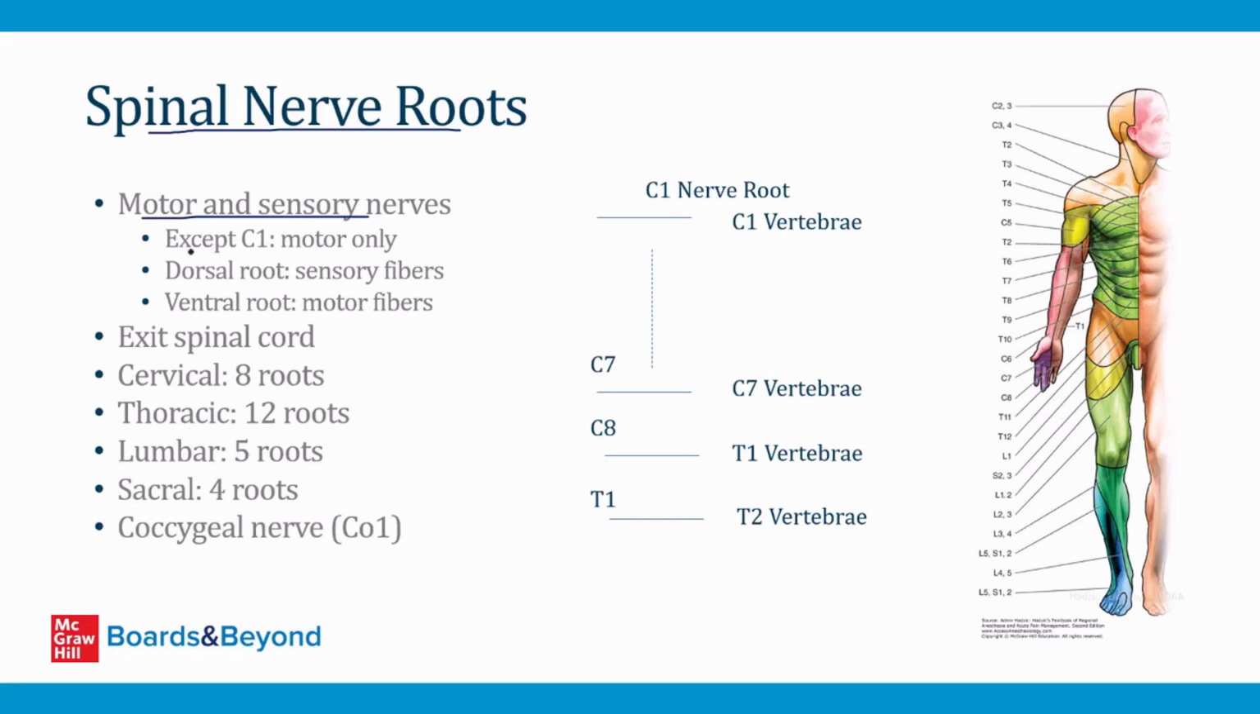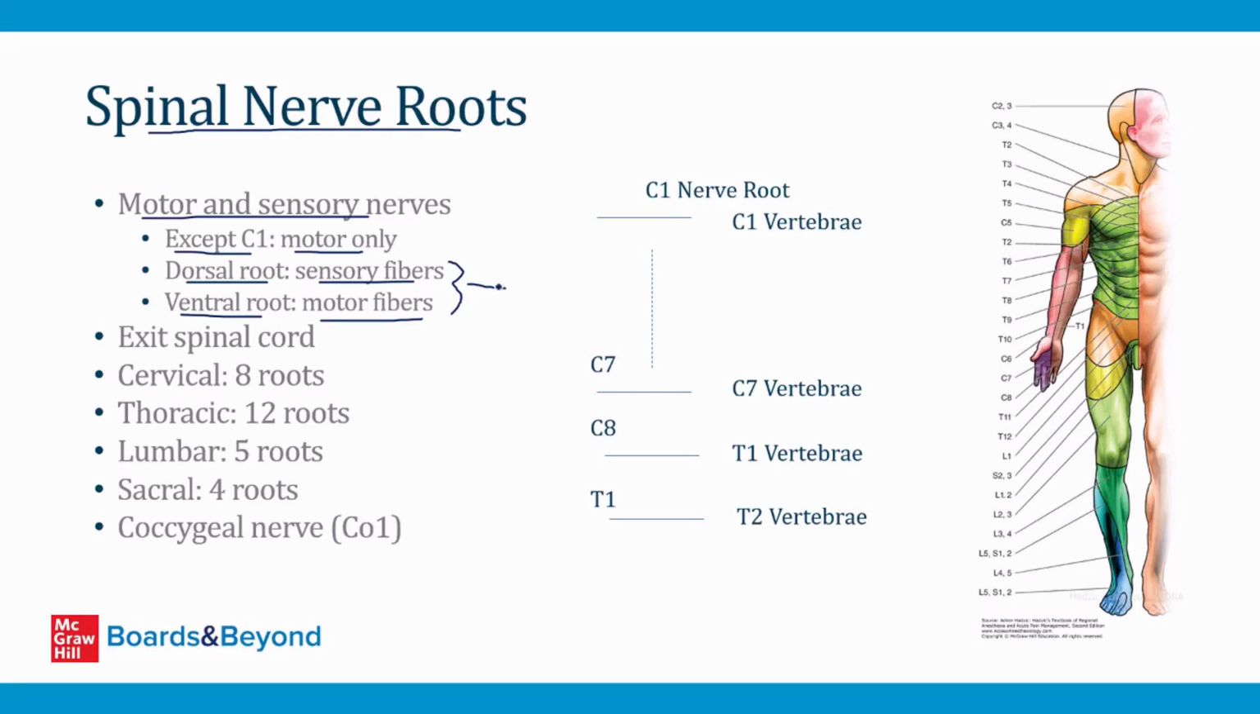The only exception to this is C1, the first spinal nerve root. It contains only motor fibers, but all the other spinal nerve roots are a mixture of motor and sensory nerve fibers. And in the video on the spinal cord, I talk about the structure of the spinal cord, and I explain how the dorsal root of the spinal cord sends out sensory nerve fibers, and the ventral root sends out motor nerve fibers. And so these fibers bundle together and form a single root, a bundle of nerves that's exiting the vertebral column